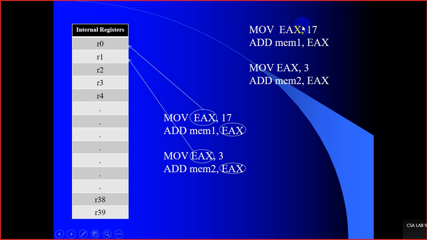Now, these two sets of instructions, if you look carefully, are using a resource, the EAX register, that is common to both sets of instructions. Same resource. So if the resource is the same, your computer needs to execute them one after the other. Simultaneously, you cannot access the same resource by two different instructions. In today's computer architecture, it is not possible to access the same memory location simultaneously or the same register simultaneously.